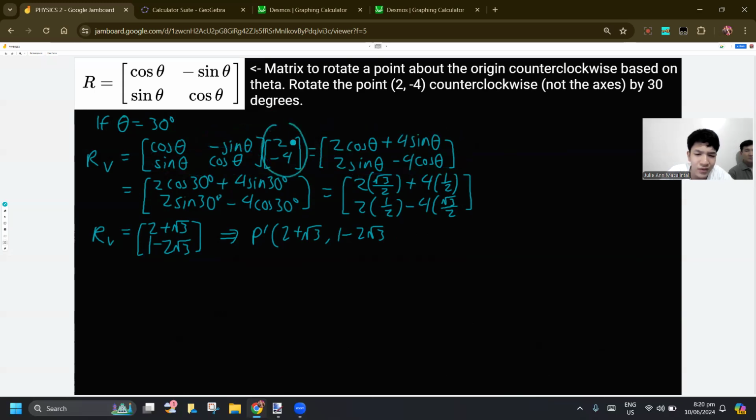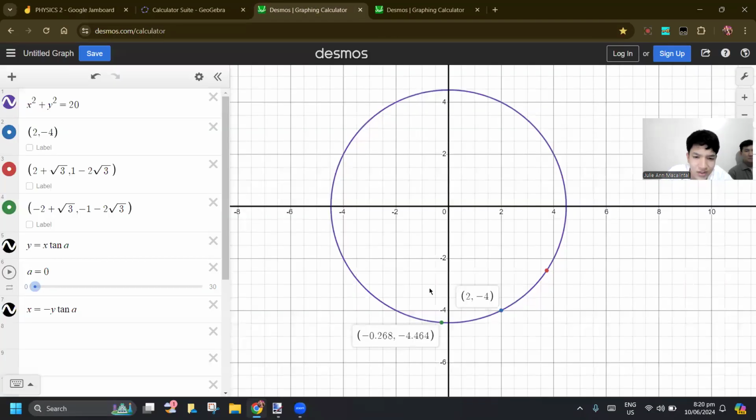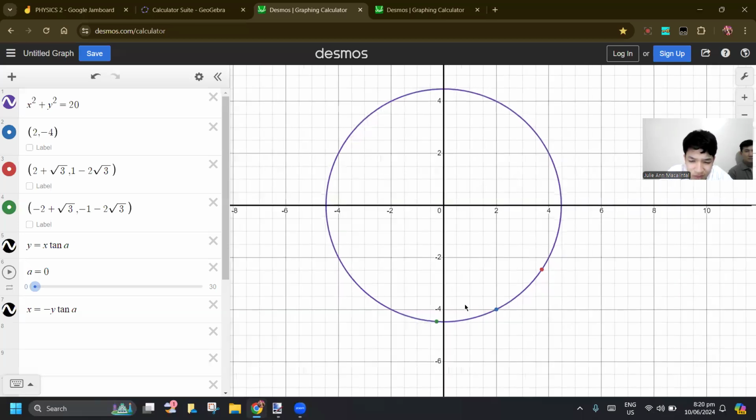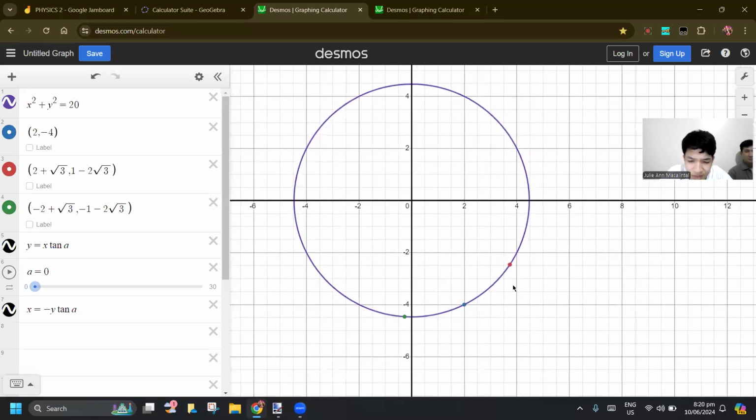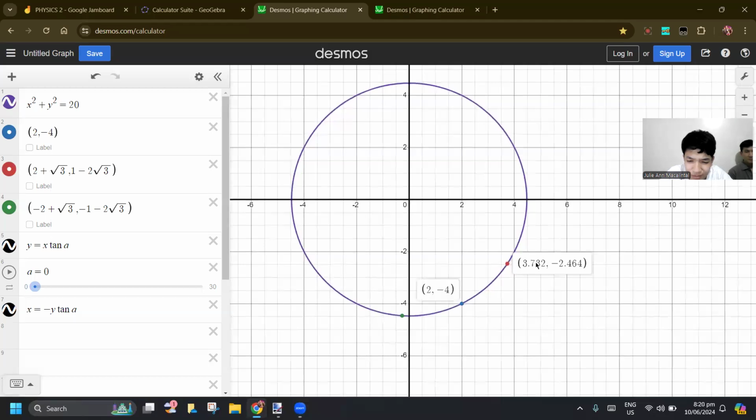So this ends up being a vertical matrix again. And then when we substitute and simplify, we get this. So it's again a vertical matrix, so we can just express it this way as the point. Here are the decimals of it. This is 2, -4, and then this is the actually rotated point. Clearly moving counterclockwise. This is a circle of that radius, so it moves counterclockwise.